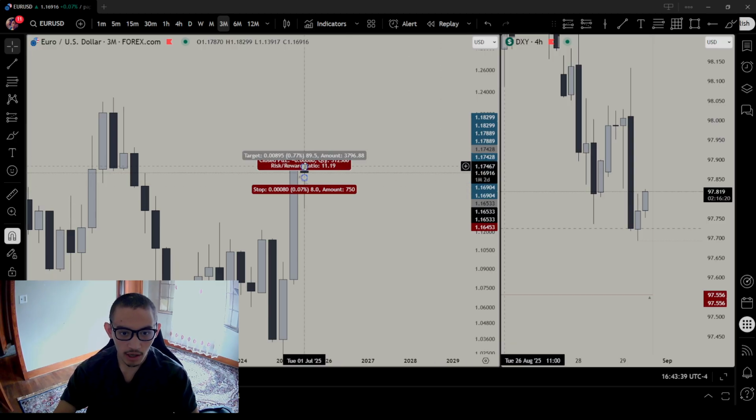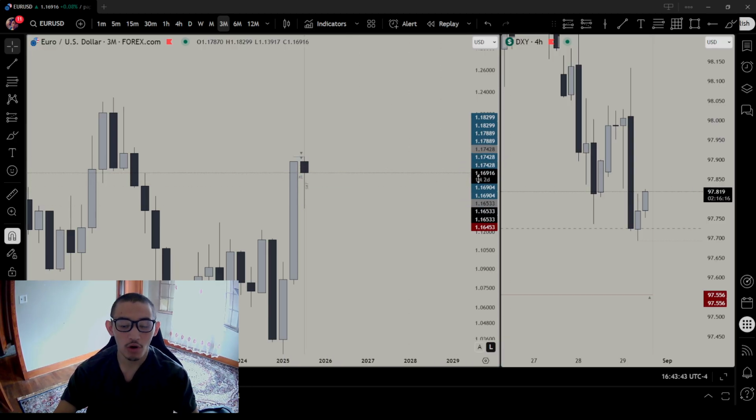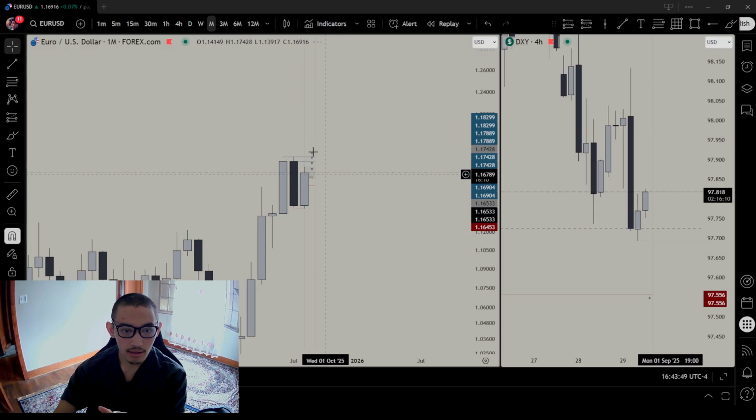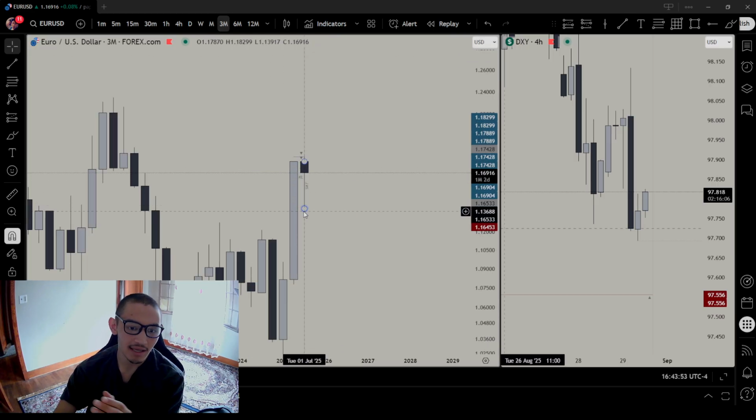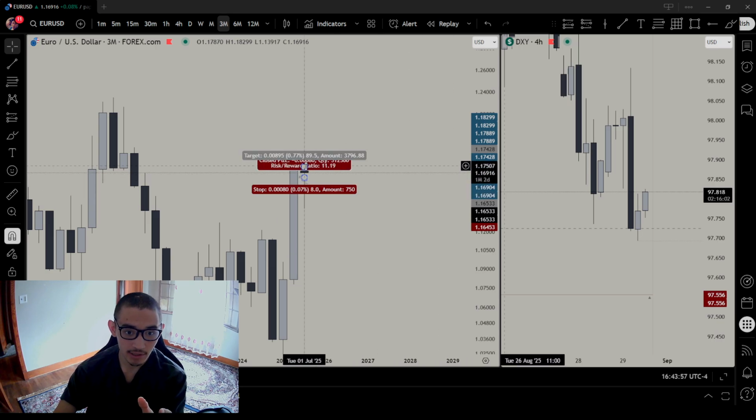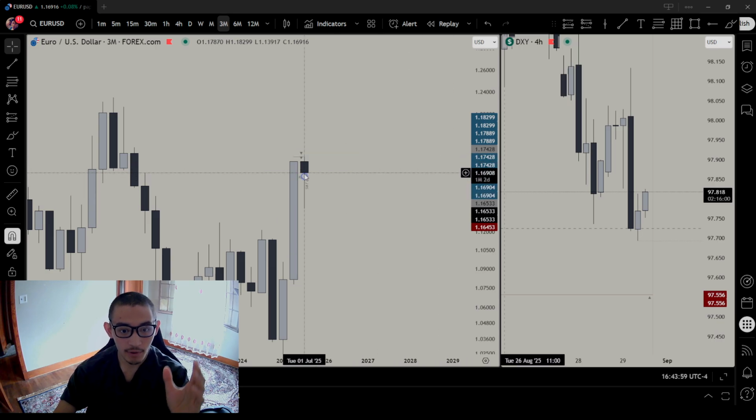You can see market open here, right? It instantly drops down. You still have 1 month and 2 days, which means there's a lot of time still. But now we can instantly anticipate the low of the 3-month candle to already be created, because we have 1 month and 2 days left. That's a lot of time. So market open already made the low. How do we know we made the low?